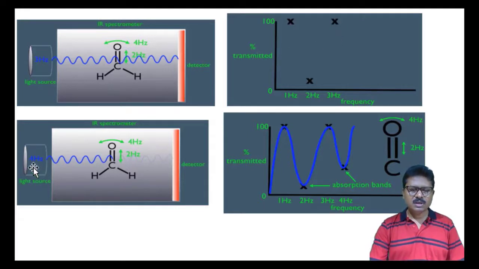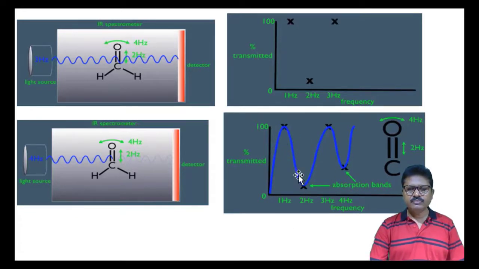Next, if we increase the frequency of the IR radiation to 4 Hz, when this IR radiation with 4 Hz frequency tries to pass through the sample, and the wagging frequency of this carbonyl group is 4 Hz, this IR radiation signal will be absorbed by this sample. It may happen that a very small amount of the signal will be transmitted through, and the detector will detect the signal with very low intensity. If we plot this situation into the graph, we will get another point here. This point indicates a very low intensity. Now if we connect all the points, we will get a particular spectrum like this.